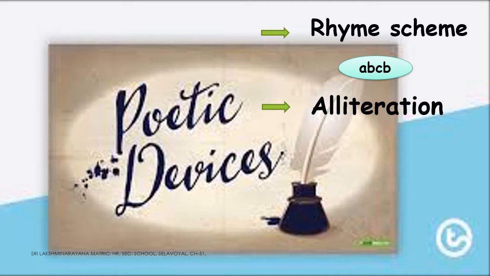alliteration. What is alliteration? It is nothing but the use of repetitive letter sound to create a poetic element when writing. For example, so and strong, come and close. If you see this set of words like so and strong, the first letter has the same sound. Similarly for come and close.